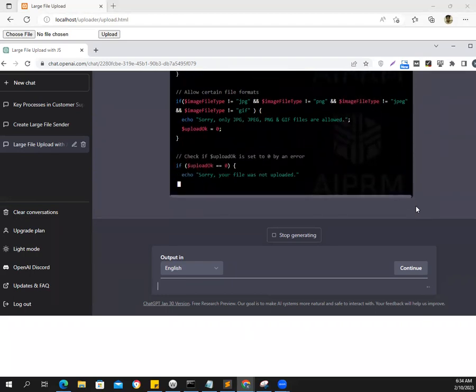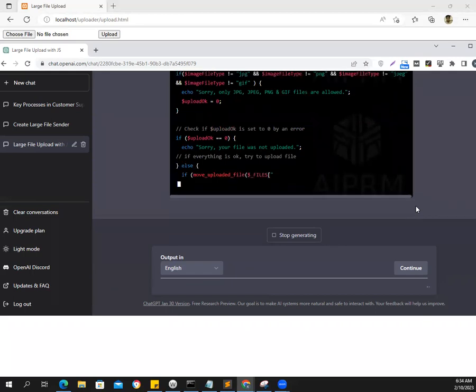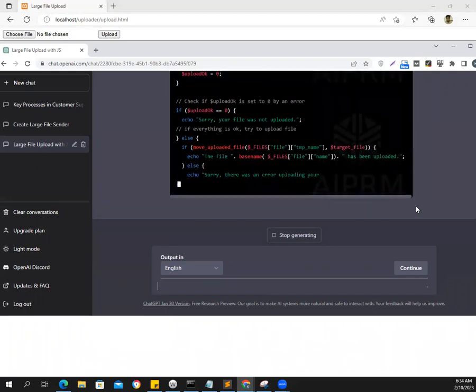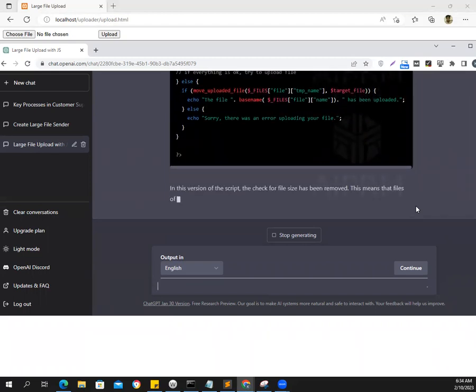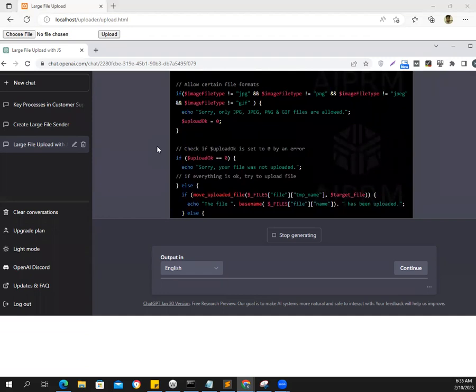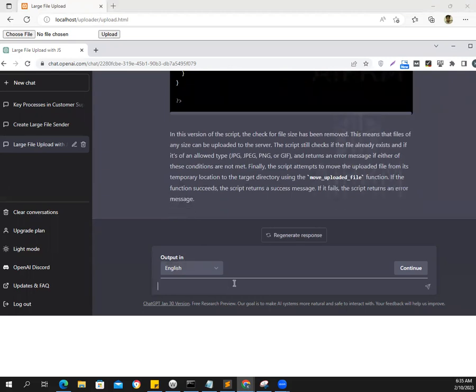Yeah, it says it's still restricting us for certain file types. In fact, I think I will include a few more file types and then I'll let it run. So JPEGs, PNGs, what else was there? So JPG, JPE, JPNG, JFiles. Yeah, I actually want the script to be able to